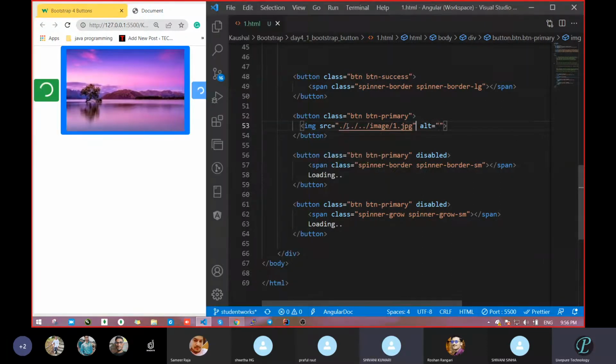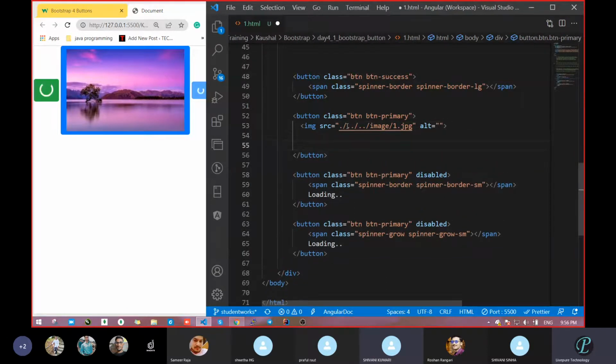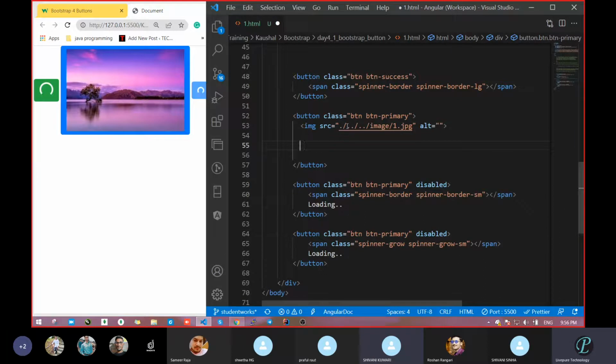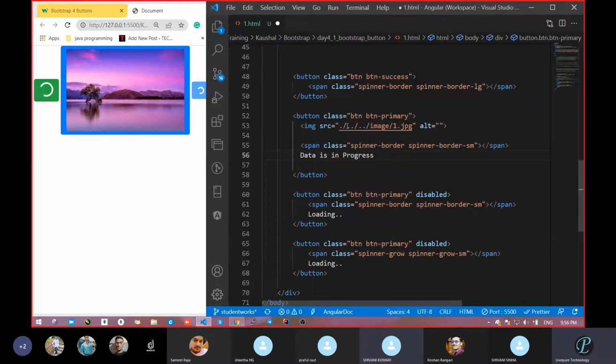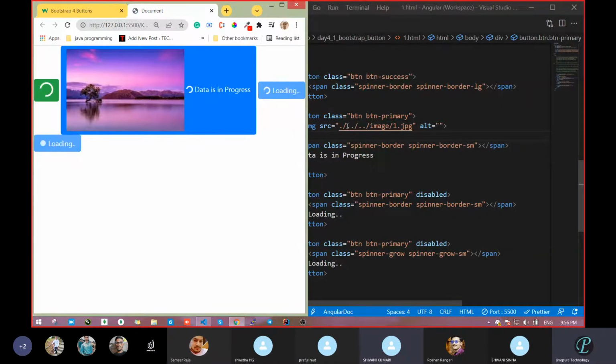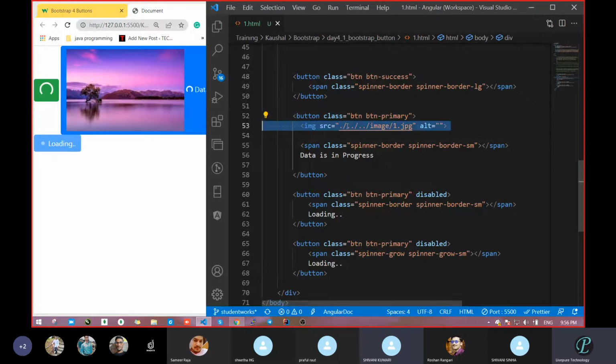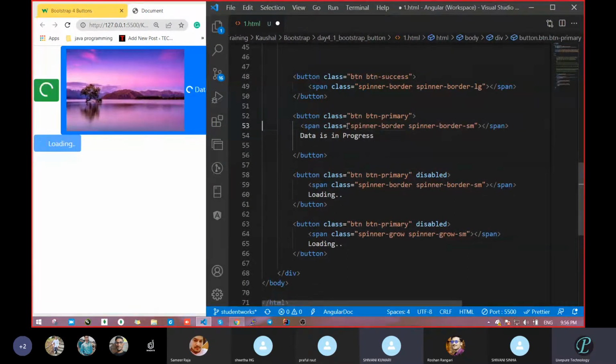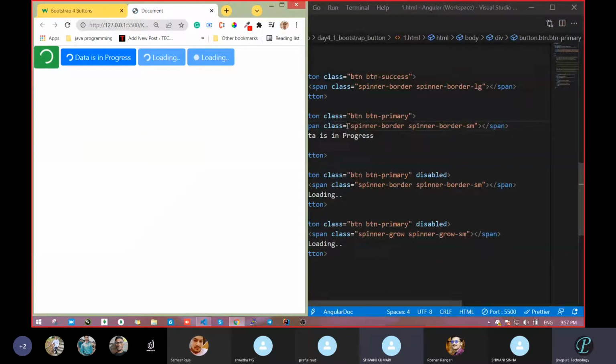So this way we can do it, but I do not want a button. What I want is the spinner. There is another option, a GIF. You can take a GIF image, or otherwise you can take this spinner class and it will be available there. Anyone having any issue? Tell me. So see, now the button and the image both came, because I had kept both codes there. Now tell me, anyone having any issue?